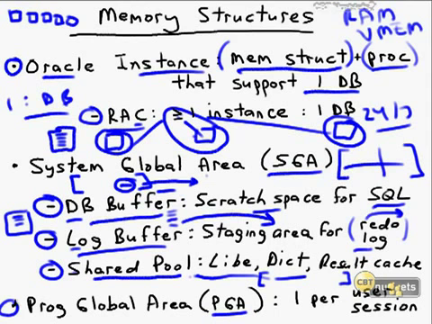The other memory structure is called the Program Global Area, or PGA, and by default, when you install Oracle, it's in what's called dedicated server mode, and you have one server process spawned for every user session. So if you have 5 simultaneously connected users, each one of those users has their own server process that runs not on the client but on the Oracle server, and each user has their own memory space, as I just said, also called a Program Global Area. Within the Program Global Area, each user has their own private scratch space for sorting, for running queries, for storing